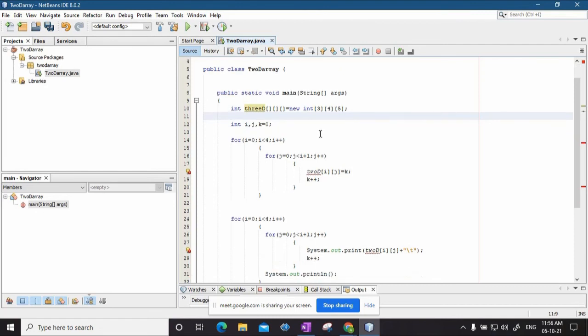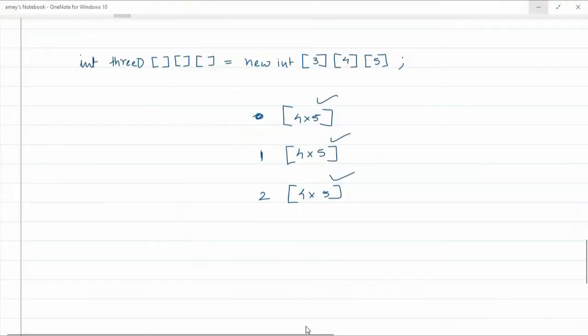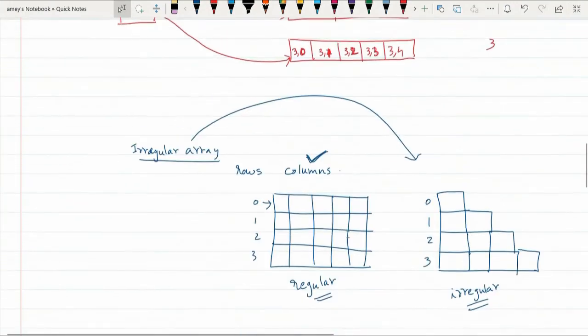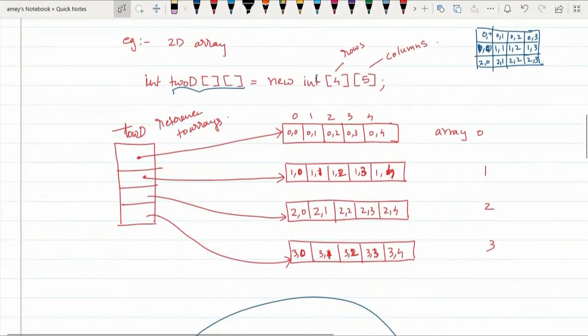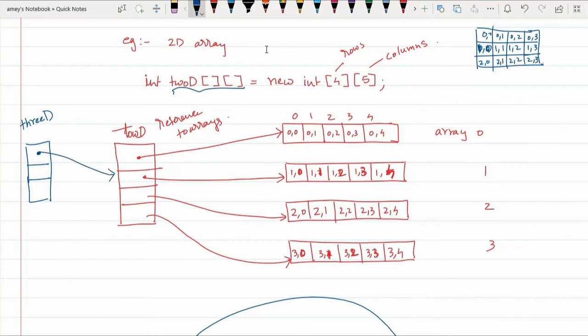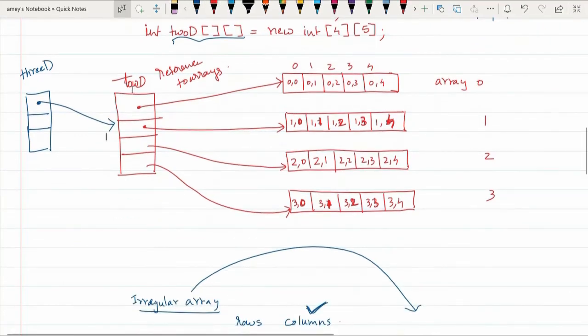The internal representation is slightly complex to visualize, but two-dimensional array means, internally in the memory, it can be referred like this, right? Now a three-dimensional array will have another array here, and another array here. This is basically a 3D reference array, where this will point to this array of arrays, that is called 2D.